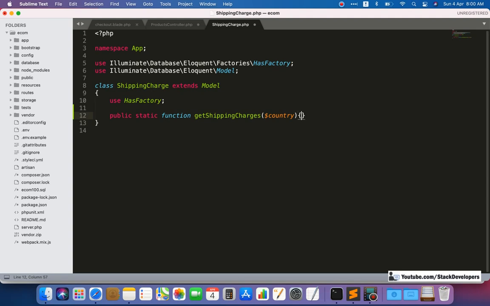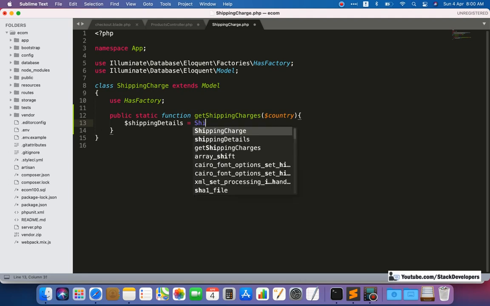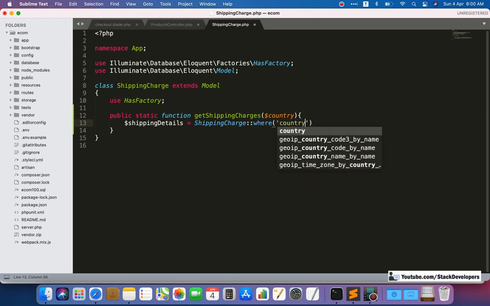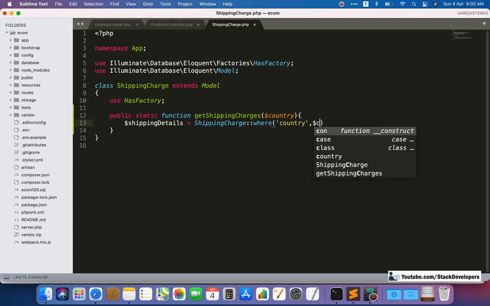We are going to return the country here from the blade file, and whatever country comes up here, we are going to get the shipping charges. Here we are going to use the shipping charge model, then compare with the country. We can use first, because we are going to fetch the shipping charges of only one country.